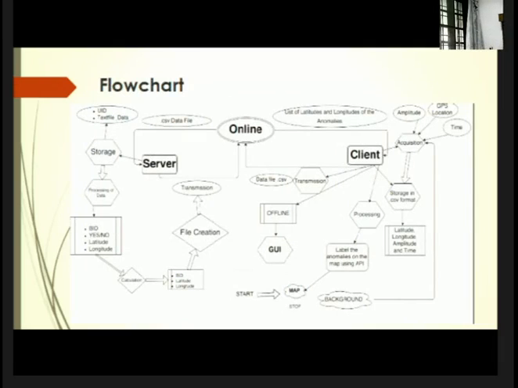On the client, the acquisition part was done in the background, which collected amplitude, GPS location and timestamp, stored it in CSV format, and then transferred it to the server. The server processed the data, put a tag on it, stored the latitude and longitude which has the road anomalies, and then sent it to the client, which shows that there is a bump or road anomaly ahead.